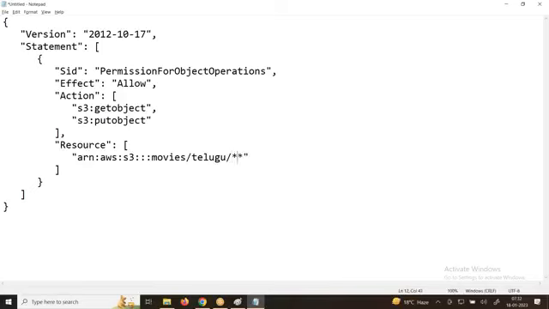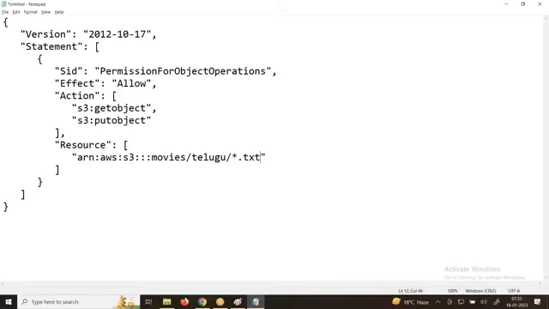You can mention like this. Any files which end with txt, you can have it. All the regular expressions are supported here, so that is how you provide a resource.